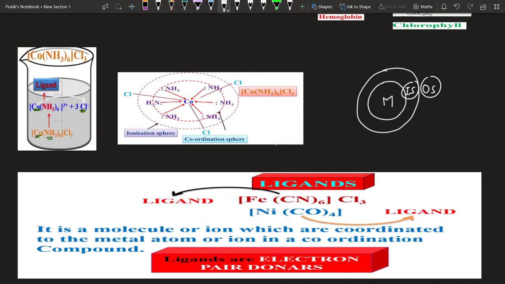So first we write cobalt, then we indicate two spheres. Can you see, this is the inner sphere and this is the outer sphere. If this salt is taken into the water, only the outer sphere components ionize, the inner sphere does not ionize. So this inner sphere component is referred to as the coordination sphere, which is non-ionizable, and the outer sphere component is referred to as what? Ionizable sphere. So the ionizable sphere consists of what? Ionic bond, and the inner, non-ionizable sphere consists of coordinate bond.